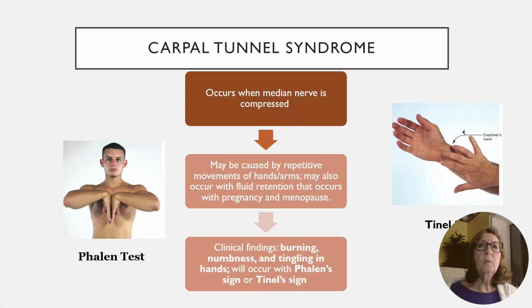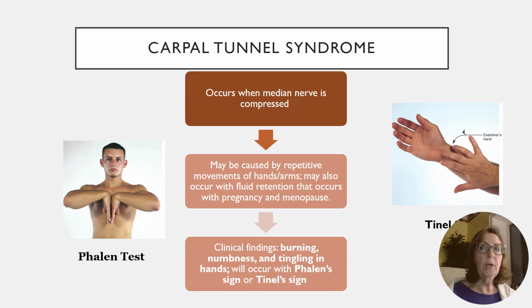Another problem that we need to be aware of is carpal tunnel syndrome. So this happens when the median nerve gets compressed. The patient will experience burning, numbness, tingling in the hands. It can happen when the patient is performing the Phalen's test or the Tinel sign. So with the Phalen test, when you look at this slide on the left-hand side, you see the young man, he's got the backs of his hands together. His elbows are up straight, so they're level with the ground, okay? If when he's doing that, the patient experiences burning, numbness, or tingling in the hands, that is a positive sign